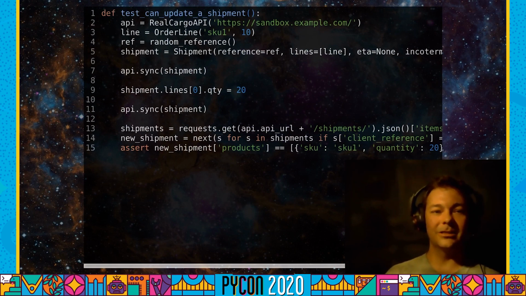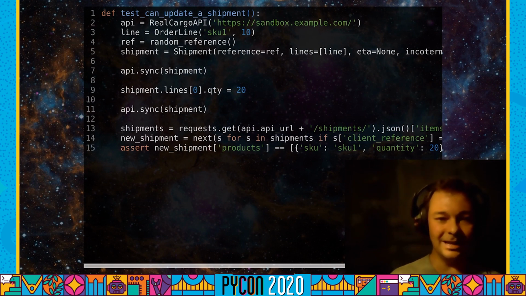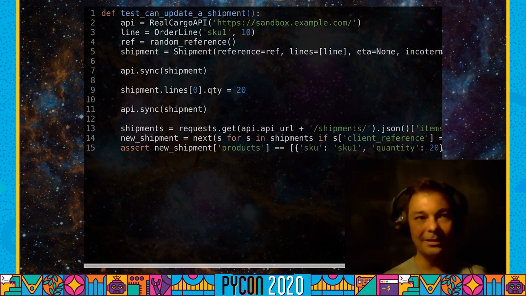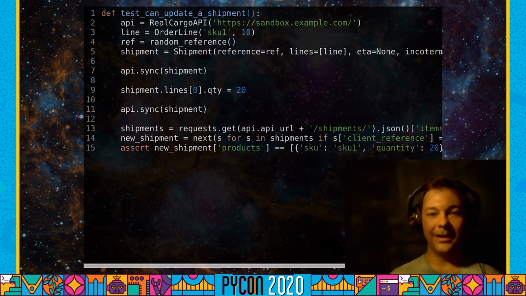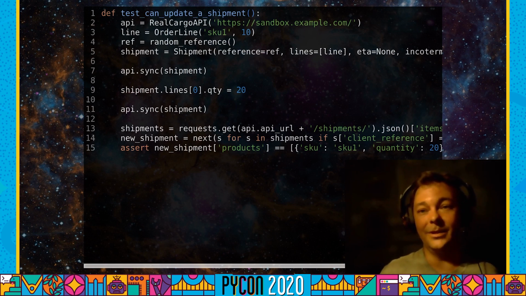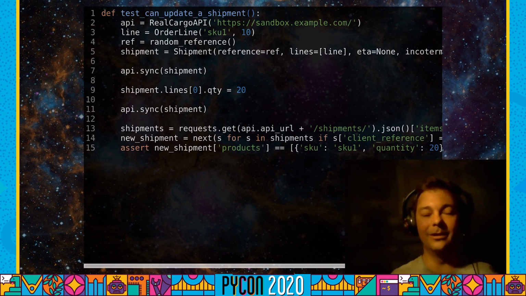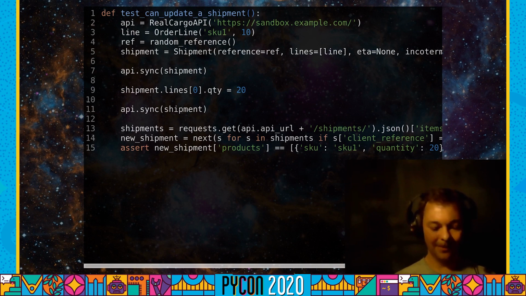I'll just do 2 requests. Right? I'm going to sync something, I'm going to make a change to it, and I'm going to sync it again, and I'm going to assert that that got through. And the fact that under the hood that's used a put instead of a post doesn't matter. The important requirement, and you get into this idea of testing behavior rather than testing implementation details, is that if there is already a shipment, I've synced it once already, or someone has synced it once already, when I do it the second time, it still works. The important thing is it still works the second time, not that you did a put versus a post. So that test is nicer and more readable and closer to what you want.